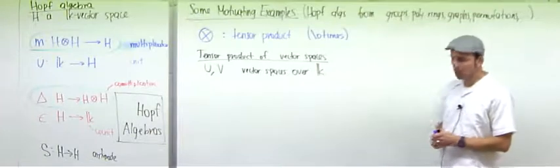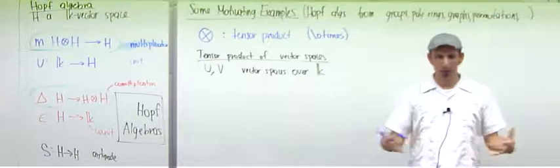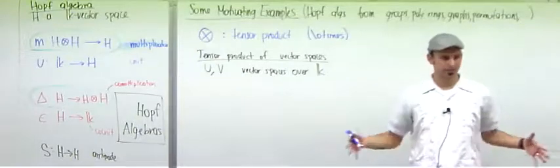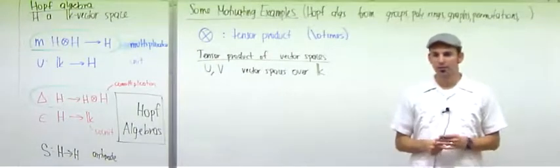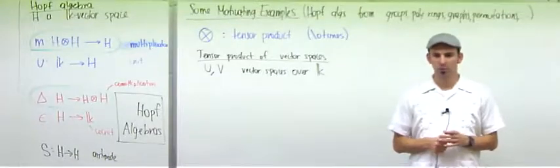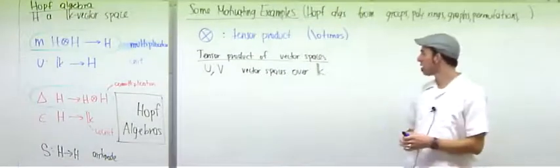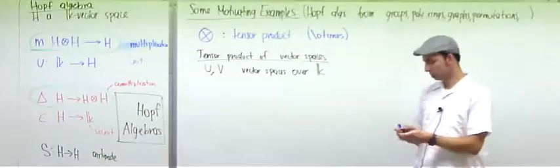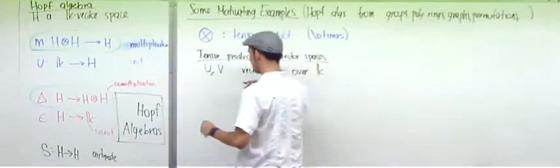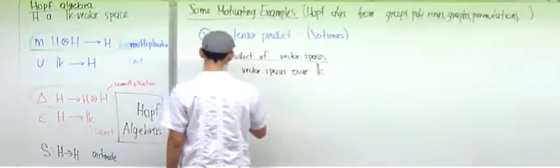Now the idea is you have two vector spaces, and you want to make them interact with each other. There's one way to do this that you have seen before, which is to take the direct product, U times V. So that's not what this is. So U times V is,